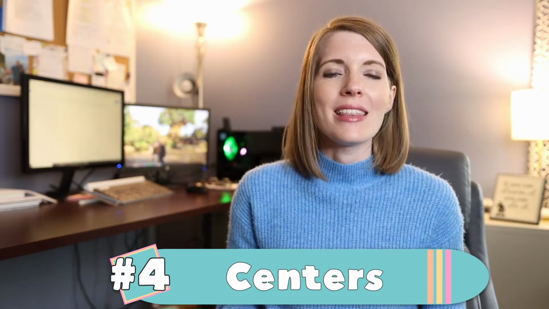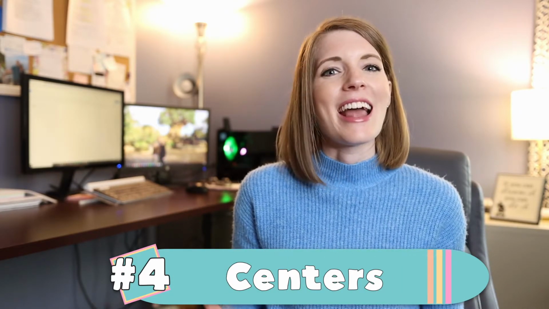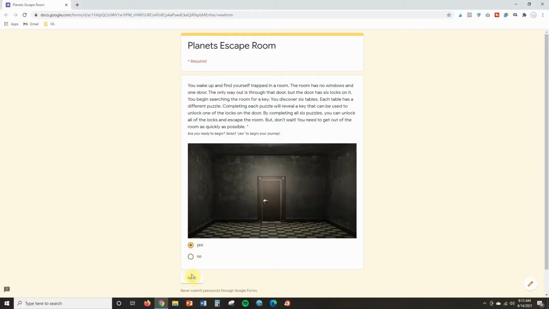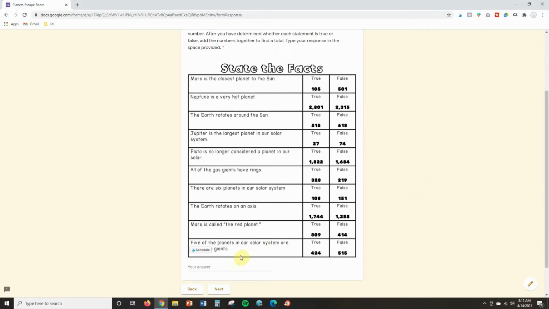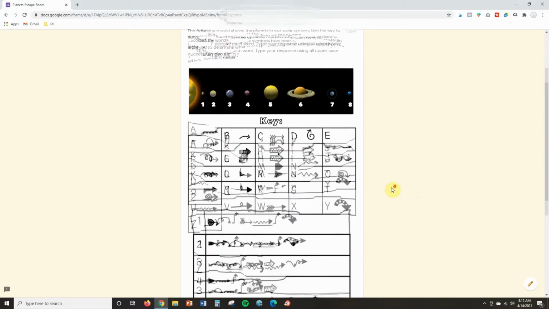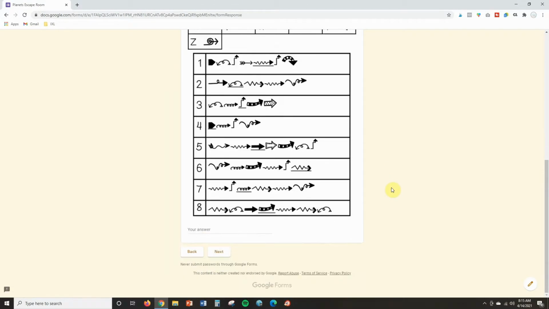And when you hear me say this, you may be thinking, Meghan, how can both my in-person and my virtual students be completing centers at the same time? And that's a great question. The key to this is making sure that for your center activities, you also have a digital version of the center activities available. For all of my task cards and my science escape rooms, I have my PDF version, which I print and I use those in centers or stations around my classroom,